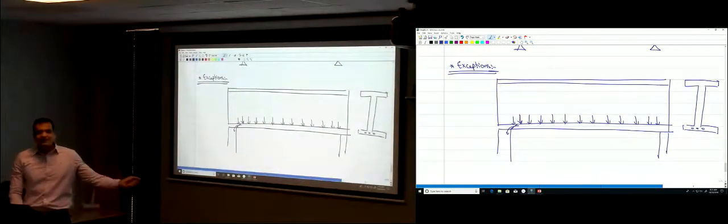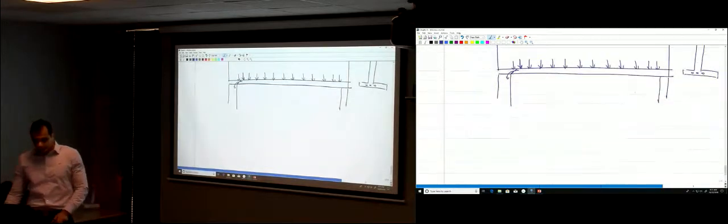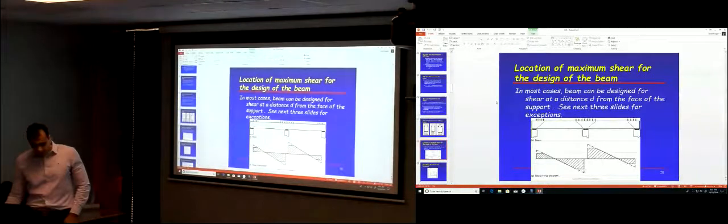Not the shear at a distance d from the support. So that's one exception, okay? If the load is applied on the lower part of the beam, you cannot decrease your shear, okay? Another exception is when you have